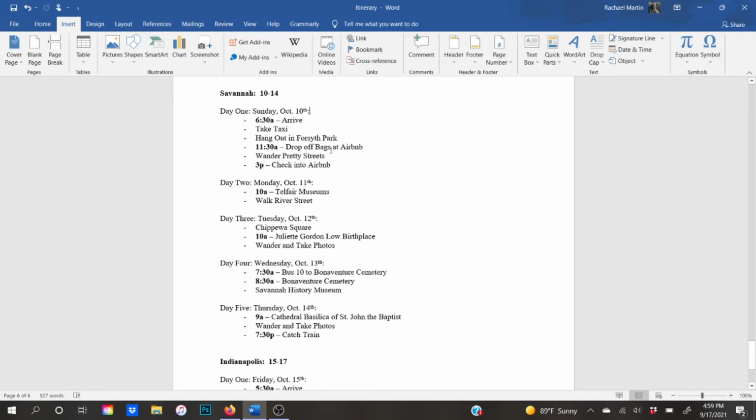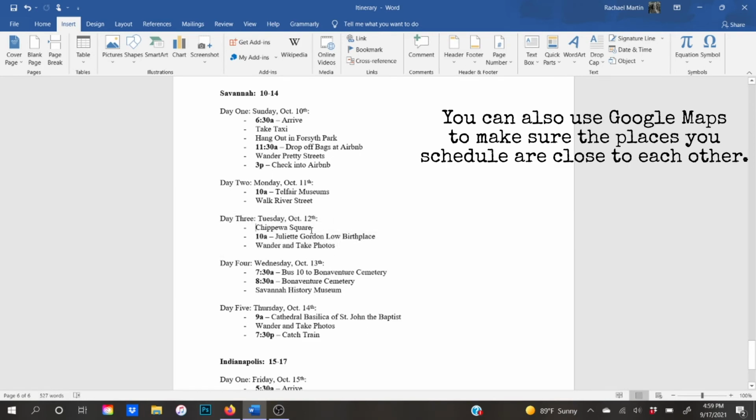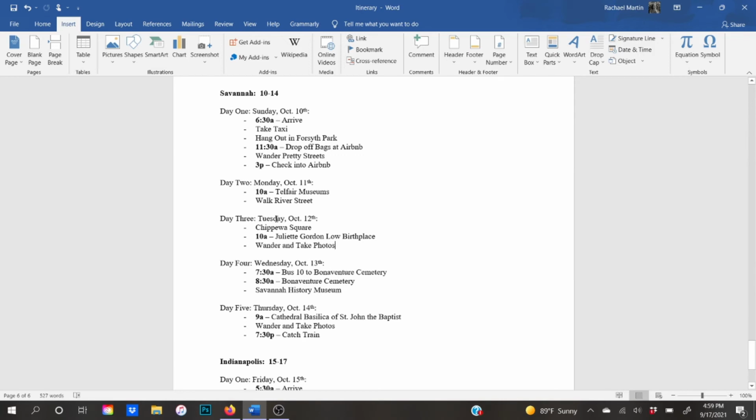I arrive on Sunday, but that's kind of a weird day because it's an arrival day. But if you move down to a different day, let's look at day 3. Here I have Chippewa Square. And then 10 a.m. is when the Juliette Gordon Low birthplace opens. So I want to try to be there at opening. And then after that, just kind of wander or take photos, which is not very specific as far as itineraries go. But like I said, I'm a photographer, so I like to just kind of wander around and take